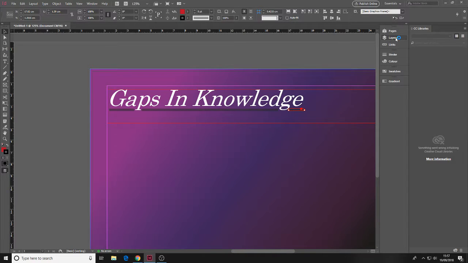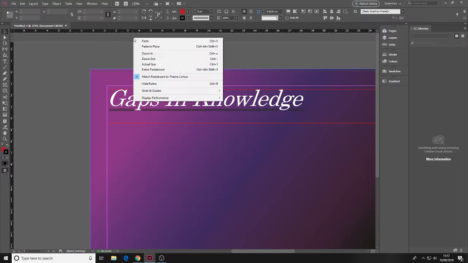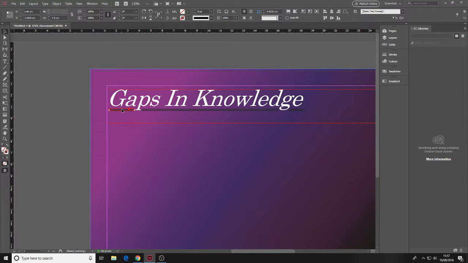So in InDesign it is possible to create tables, and we can do this by using the Type tool to define a text area and then go to Table, Insert Table, and we can specify the number of rows. So we could have 3 columns and 6 rows. Click OK and it creates that table. And now we can select all of the different cells with the Type tool by dragging over and go to Table, and then we go to Table Options and we get a few different options here. So we could click Table Setup and we get lots of different tabs that we can start adjusting, but we can also go to Cell Options